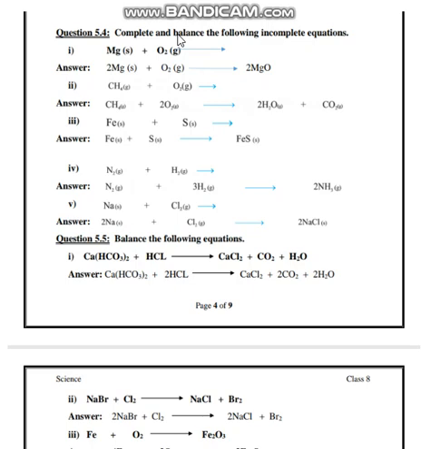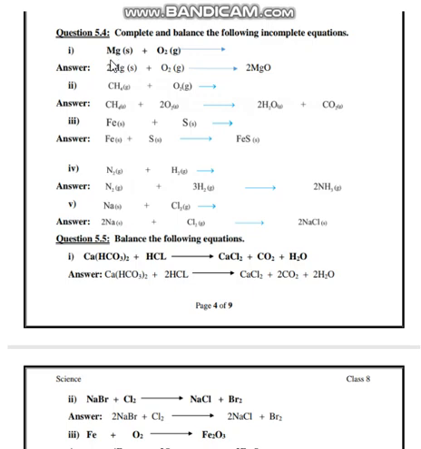product. Now we have to balance this chemical equation, and now we count the number of atoms present in the reactant and the product. In the reactant only one magnesium atom is present, while in the product two magnesium atoms are formed, and in the reactant two oxygen atoms are present and two oxygen atoms are formed in the product. So it means the oxygen is already balanced, we have to balance only the magnesium atom.